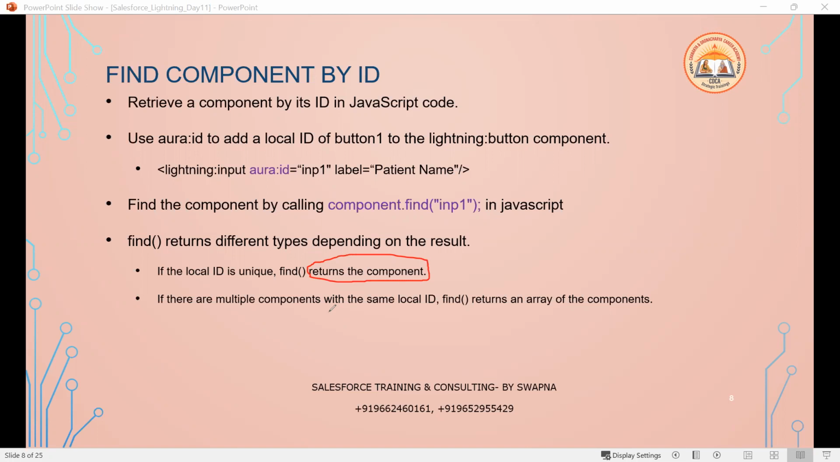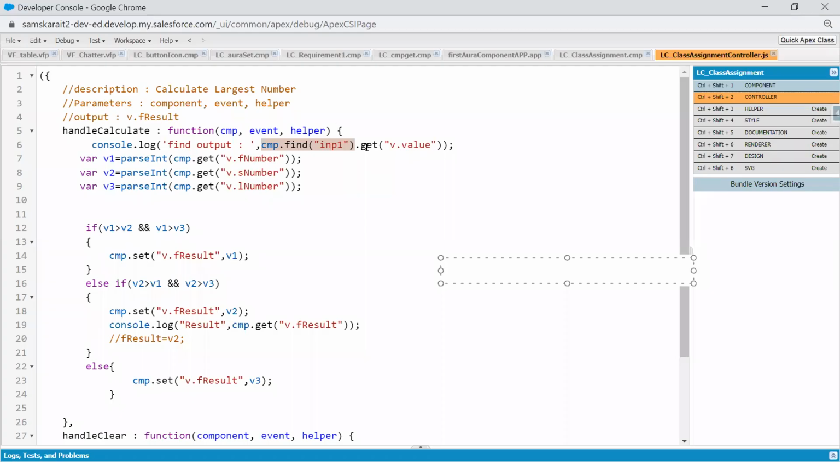It returns the component. Which component? What is that component? Everything it will return. But if you need a value, you have to use a method or function called get. There is a get function we have to use. In the get function, we have to write v.value. In case you want it for any component, this is the standard: get v.value. Right? So if I go to the component,